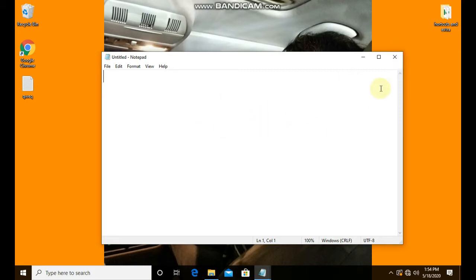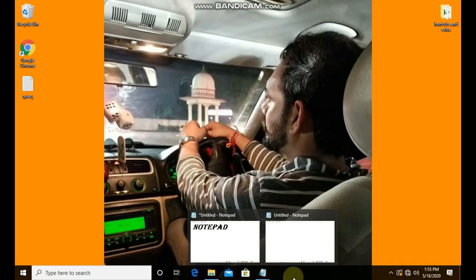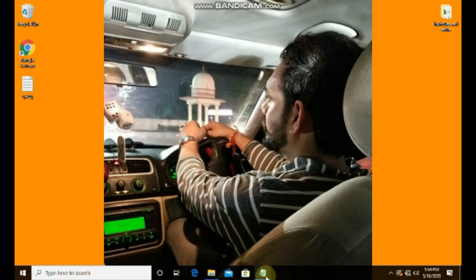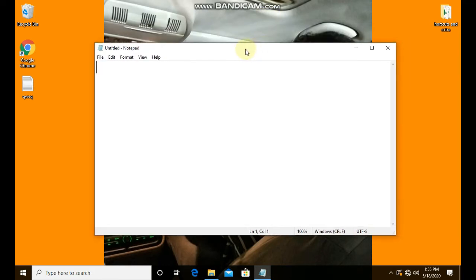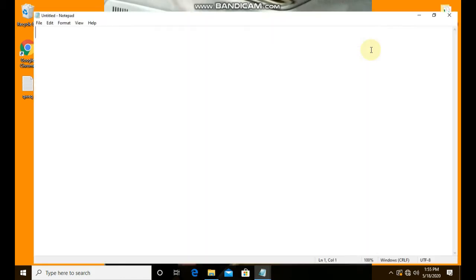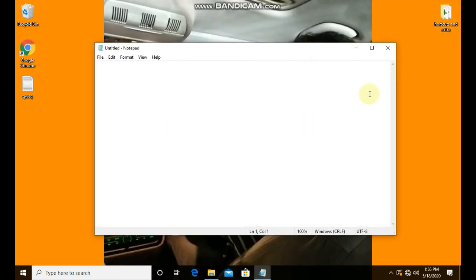So firstly I will tell you what the work of each is. You can hide your Notepad by clicking on the minimize button. Here you can see one icon, click on it to open. The second one is maximize. You can see my Notepad is coming on half window, but whenever you want to set it on full screen, you need to click on maximize. You can restore down by clicking on the same option. Then the last option is the close button.